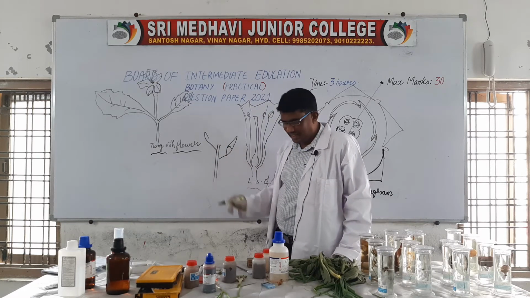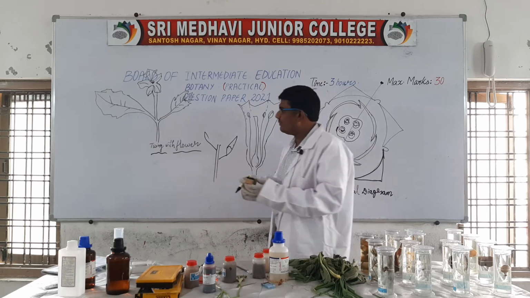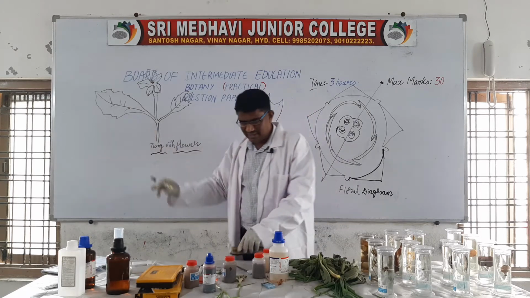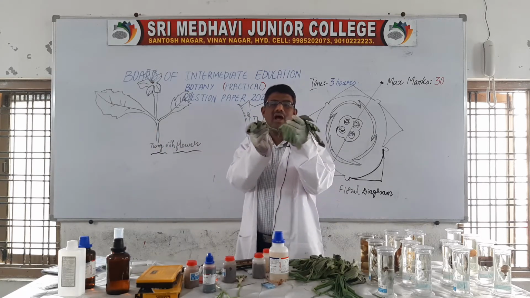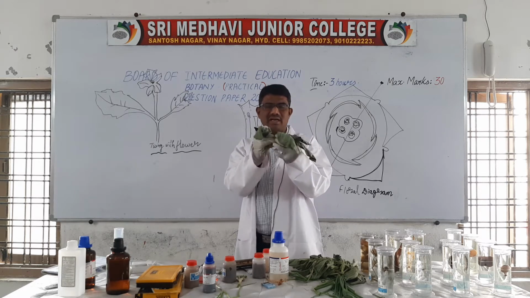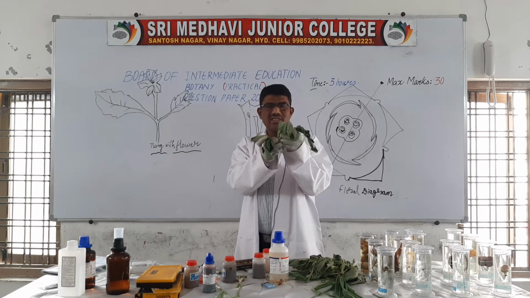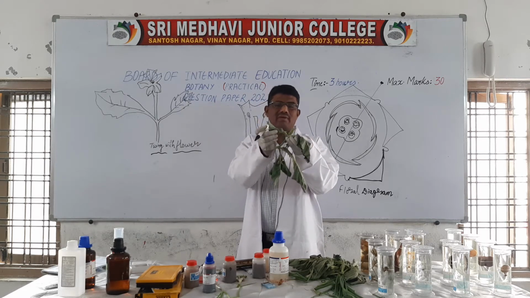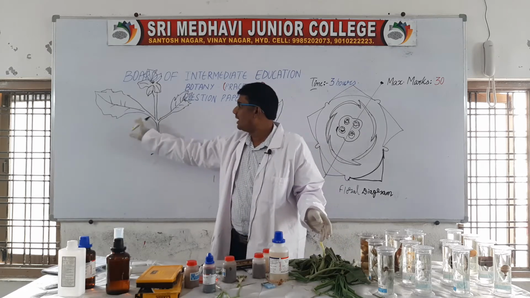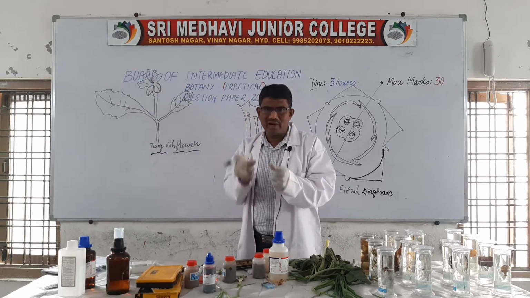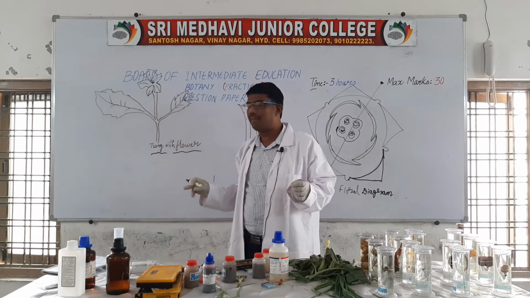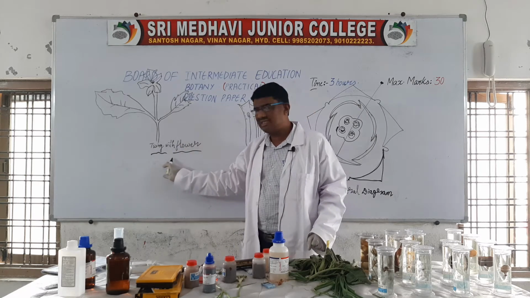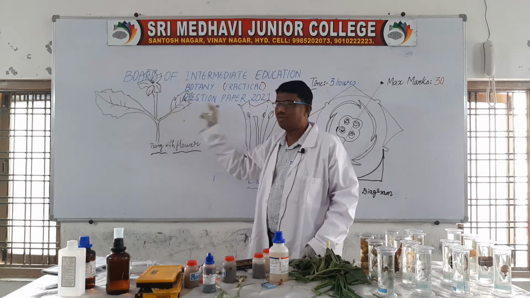Here the leaves are arranged alternately, but at the place of inflorescence, where the flowers are arranged, the leaves are arranged oppositely. This is called opposite phyllotaxy. Wherever the flowers are arranged, they contain opposite phyllotaxy. At the place of opposite phyllotaxy, the terminal bud terminates into a flower. Okay, this is the twig with inflorescence. We have to draw this diagram.